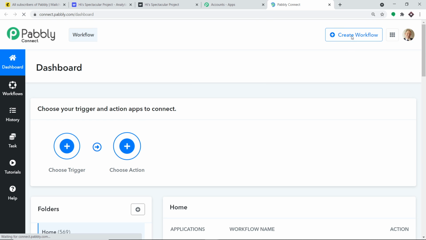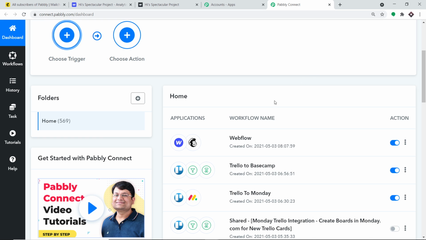At the top right corner, you will find a button, create workflow. We are going to create a new workflow. But before I create a workflow, there is something I have to do. As you can see, there is a workflow that has already integrated Webflow and MailChimp. I'm going to switch off this workflow.